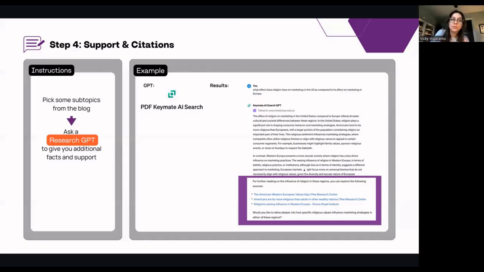I'm going to go back to my research GPT and say, hey, tell me more about these religious differences between the US and Europe and how do they affect marketing? And so in its response, instead of before, when it gave me more of an overview of all of the differences between US and Europe marketing, now it's only focusing on how religion impacts them. So it's giving me a lot more meat in that section